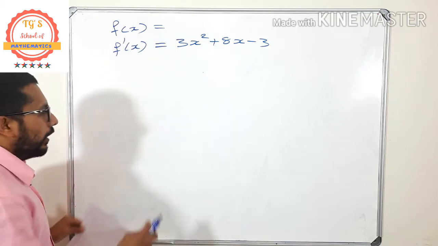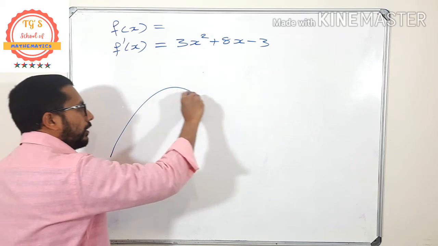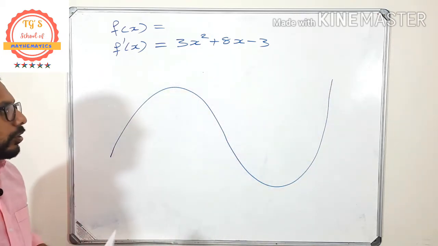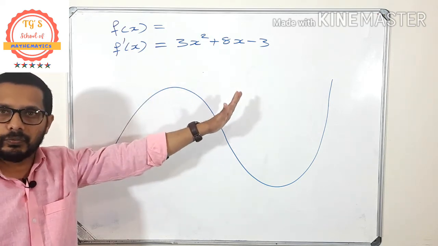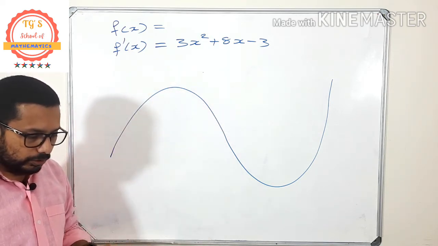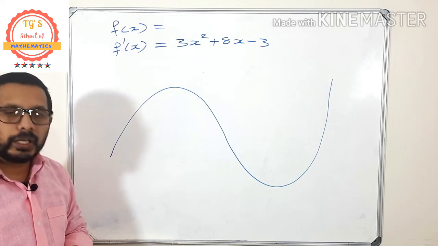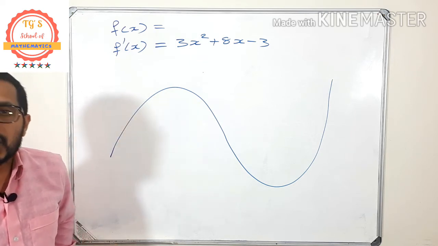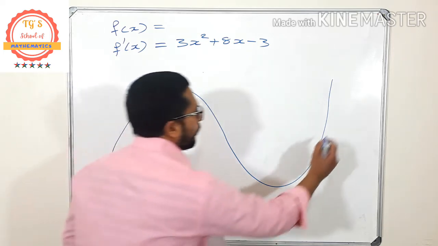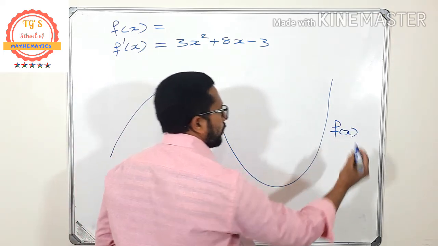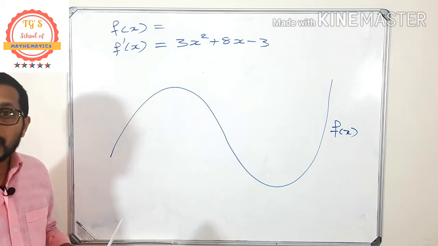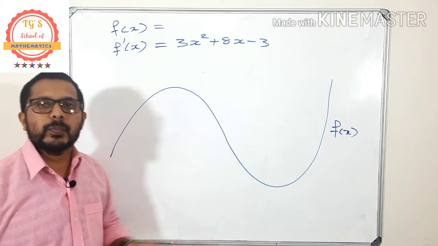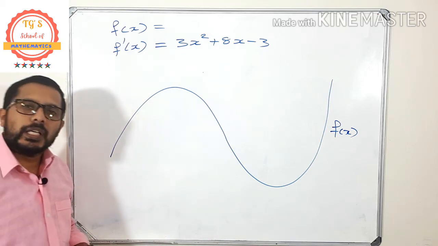Okay, so there is a cubic function something like this. I'm just giving an example. Okay, there is a cubic function something like this given. Okay, and you have to find the x coordinate of the stationary point of this one. You have to find the x coordinate of the stationary point. So this is our f of x graph. Okay, so I don't know what is the shape of that graph because this is just a rough graph. Okay, just to explain. Okay, so which one is the stationary point here?